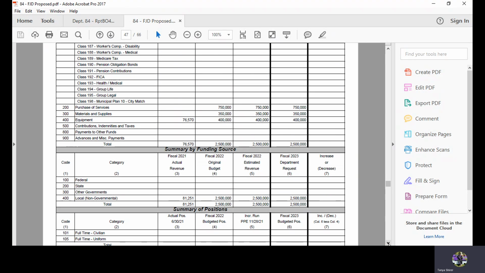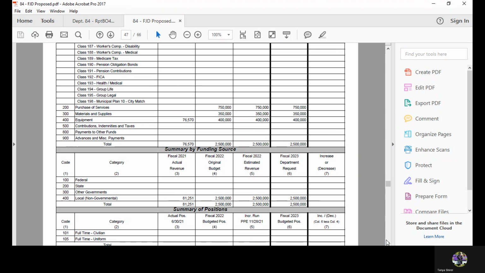Coming down to class 200, the department still anticipates on spending $750,000. In class 300, they still anticipate on spending $350,000. In class 400, they still anticipate on spending $400,000, which the total estimated obligations reported is still